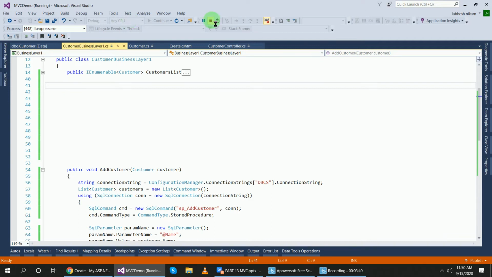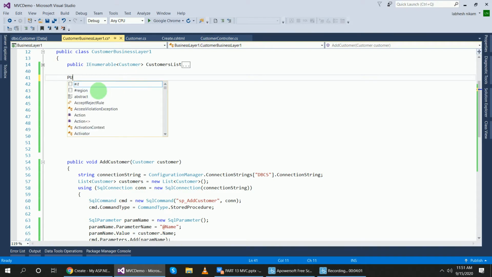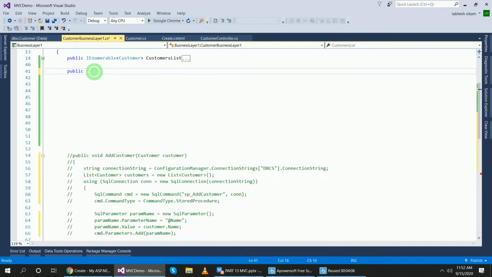For that stop the debugging and write the method public void, suppose add customer.